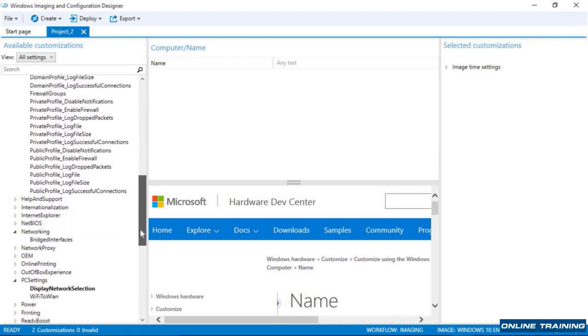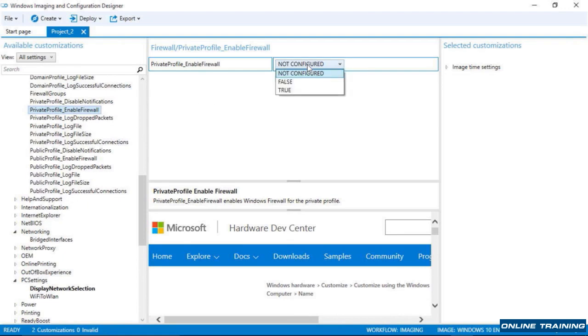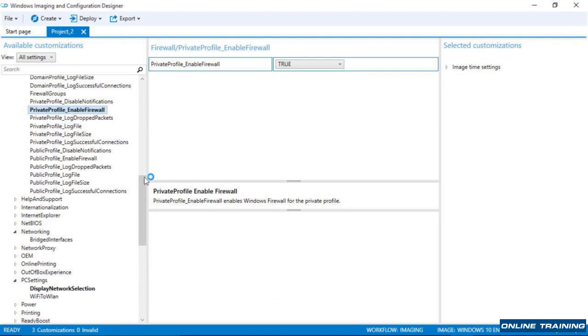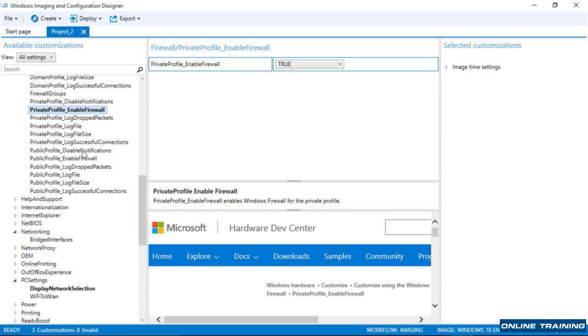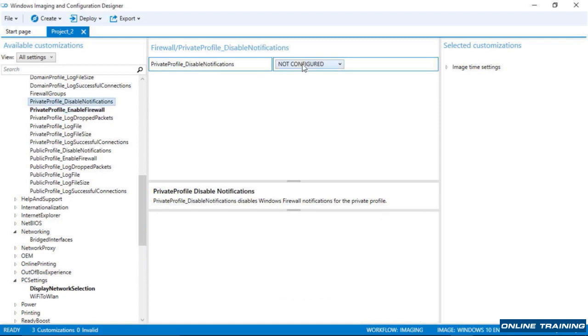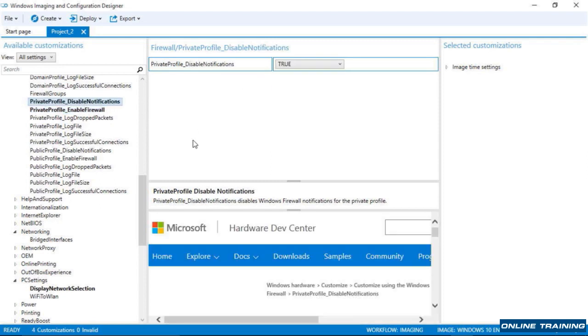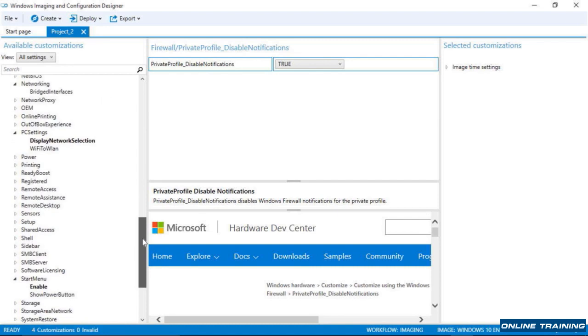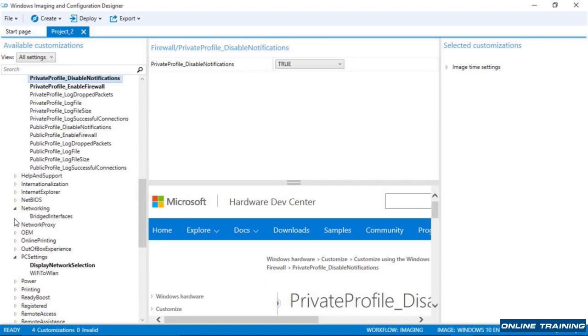You know, just the profile. So private profile, enable the firewall. Yes, we want the firewall enabled. Do we want to disable notifications? True. Do we want to configure certain logs? That would have been done on an individual basis. You know, you can do that as a part of the setup,